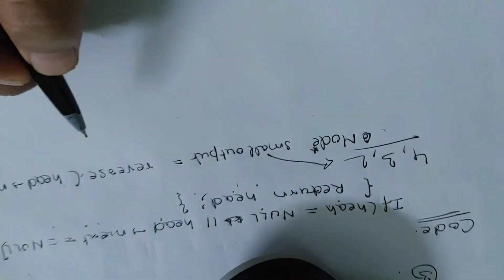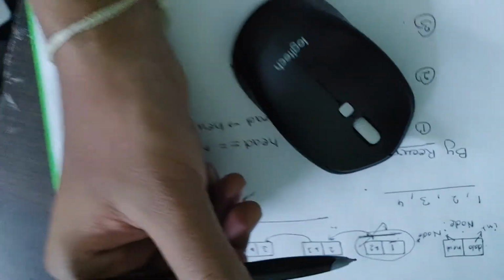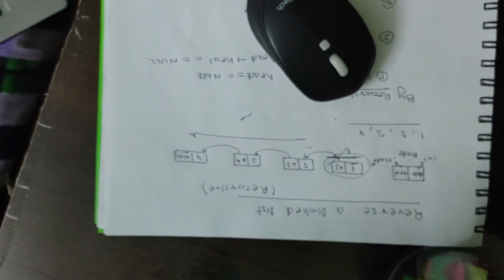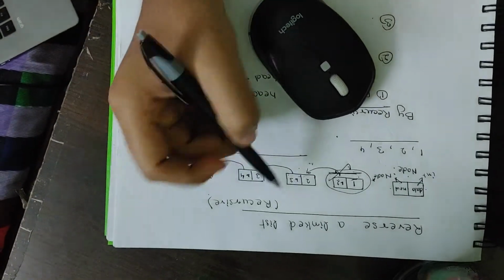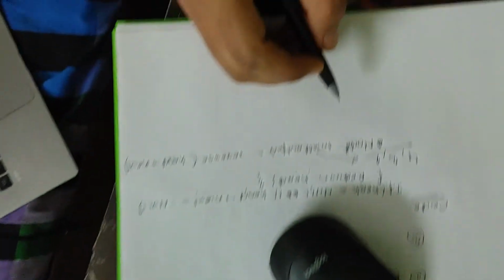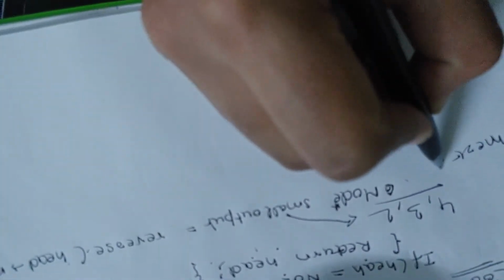So after this we have to attach 1, the first node. To attach the first node, now let's see what happens. We have to attach the first node after 2. Get my point? That we have to attach the first node after 2. So we'll give the address, and 2 is what? 2 is next of head, next of head.